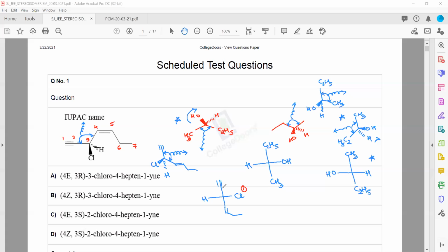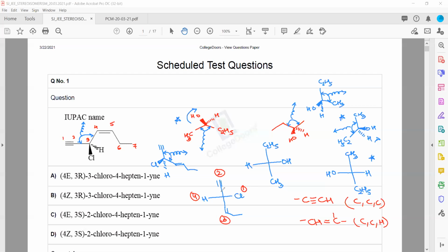अब इसमें priority कैसे find करना है? The two carbons are having the same atomic number. So if the atomic number clashes, prepare a set. Now for a triple bonded carbon, what is the set created? C, C, C. And for a double bonded carbon like this, what is the set created? CCH. बस. तो obvious सी बात है, between triple and double, triple has the highest priority, followed by a double bond, and then the H will be over here.